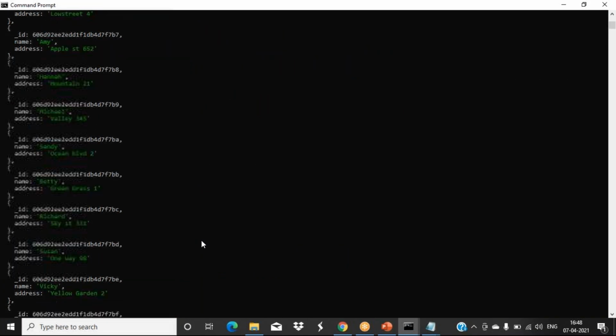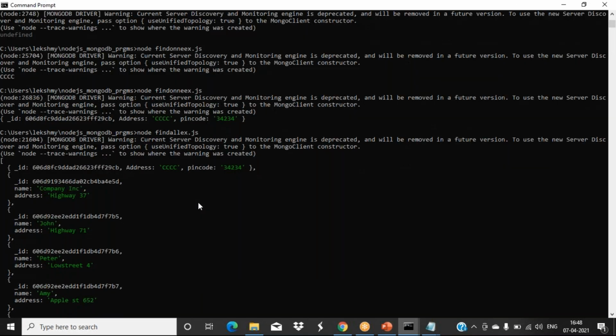See, all the values inside that particular collection got displayed. This is what I told you.